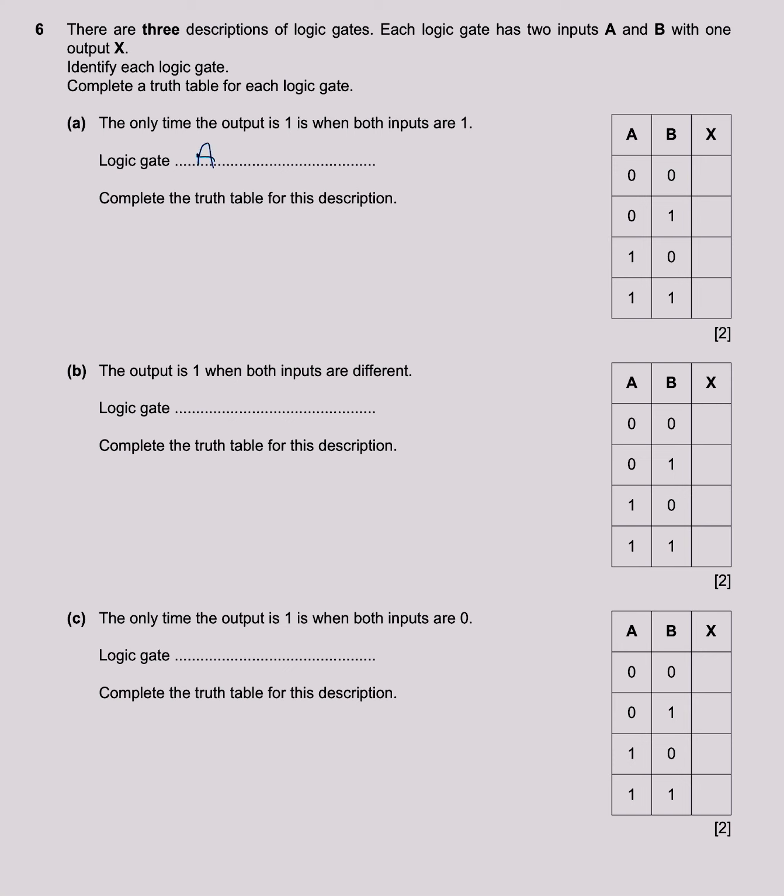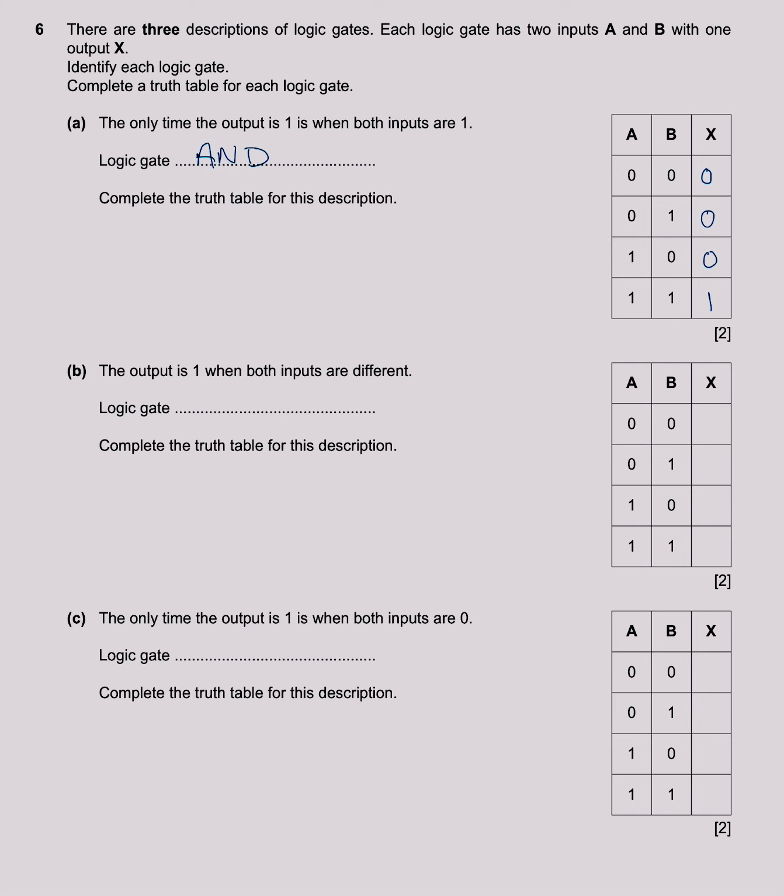It's because A and B have to be 1 or high or positive to produce a positive output value for X. So going to the truth table, 0, 0 will produce a 0, 0, 1 will produce a 0, 1, 0 will produce a 0, 1, 1 will produce a 1. Okay, so the second one,